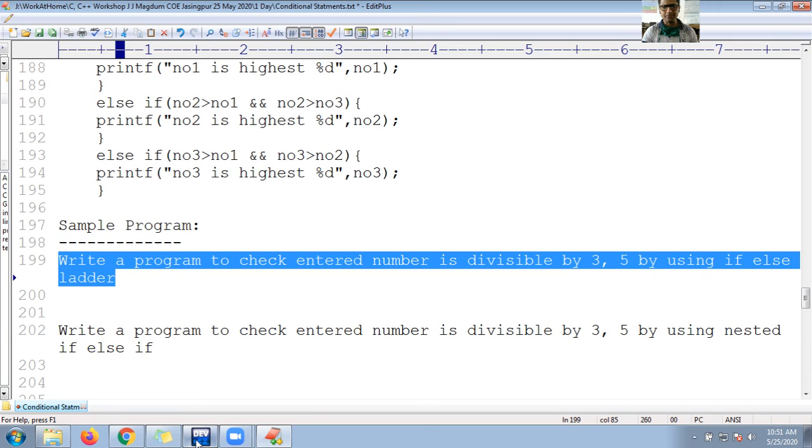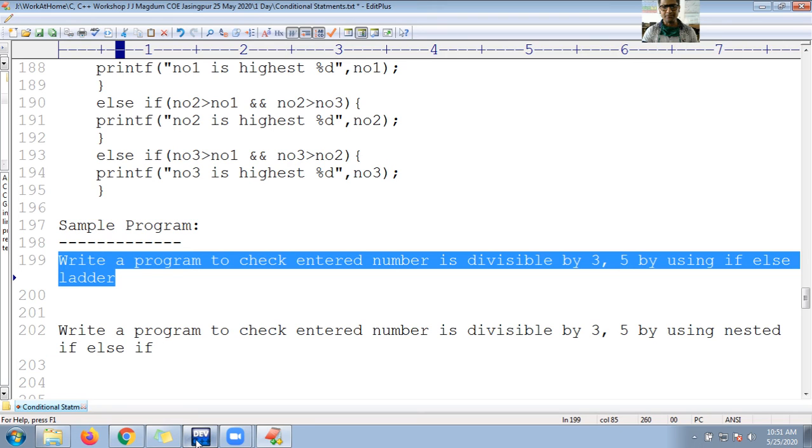If the number is divisible by only 3, I will give the output as divisible by only 3. If the entered number is divisible by only 5, then I can say it is divisible by only 5.